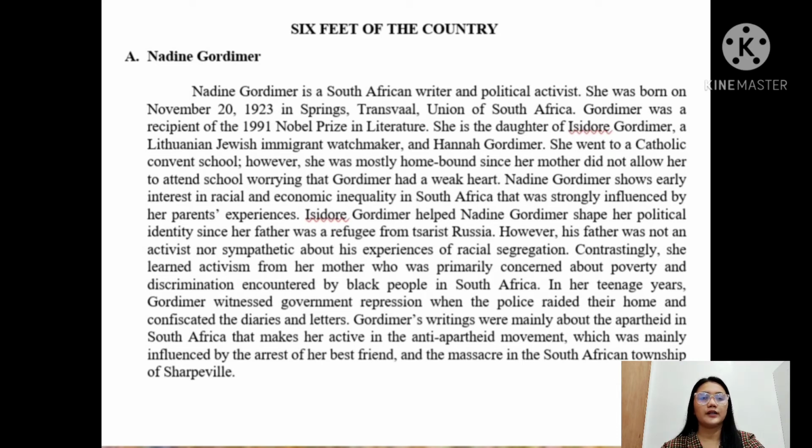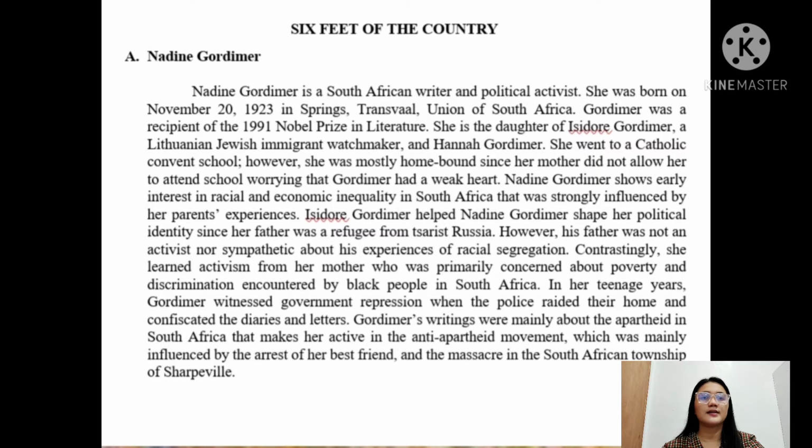Gordimer was a recipient of 1991 Nobel Prize in Literature. She is the daughter of Isidore Gordimer, a Lithuanian Jewish immigrant watchmaker, and Hannah Gordimer. She went to a Catholic convent school. However, she was mostly homebound since her mother did not allow her to attend school, worrying that Gordimer had a weak heart. Nadine Gordimer shows early interest in racial and economic inequality in South Africa that was strongly influenced by